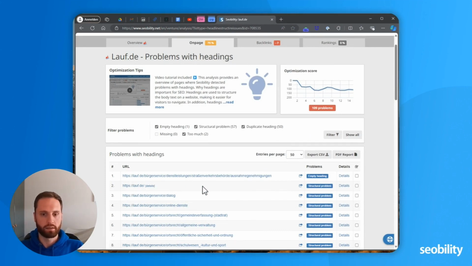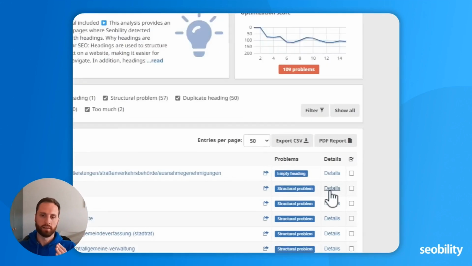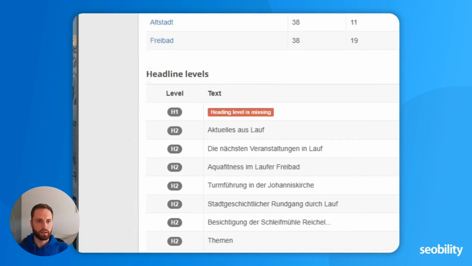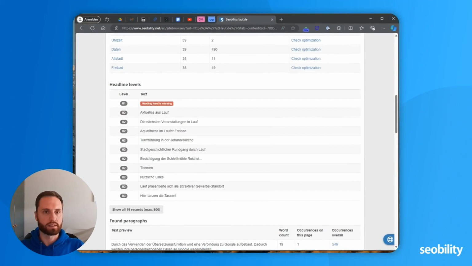And over here, instead of knowing exactly what the problem is, we need to look at details because it's too much information to display right on this page. Clicking on details, we are now looking at the headline levels. This click brought us to the analysis of this affected URL.